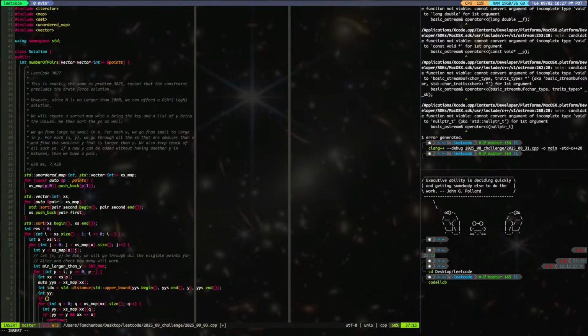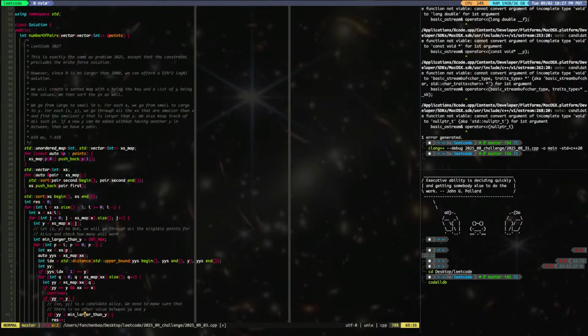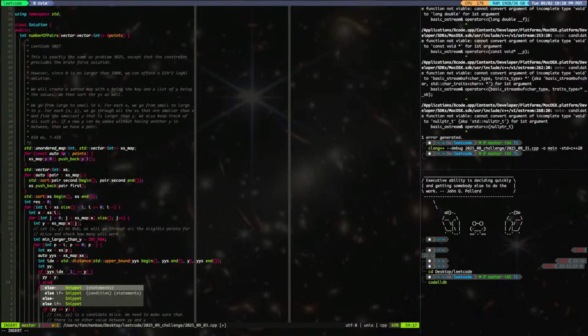If y's index -1 is equal to y, that's the equal, right? Then yy is equal to y. Else, it's not y, it means it's smaller than y. Now we have to say else if